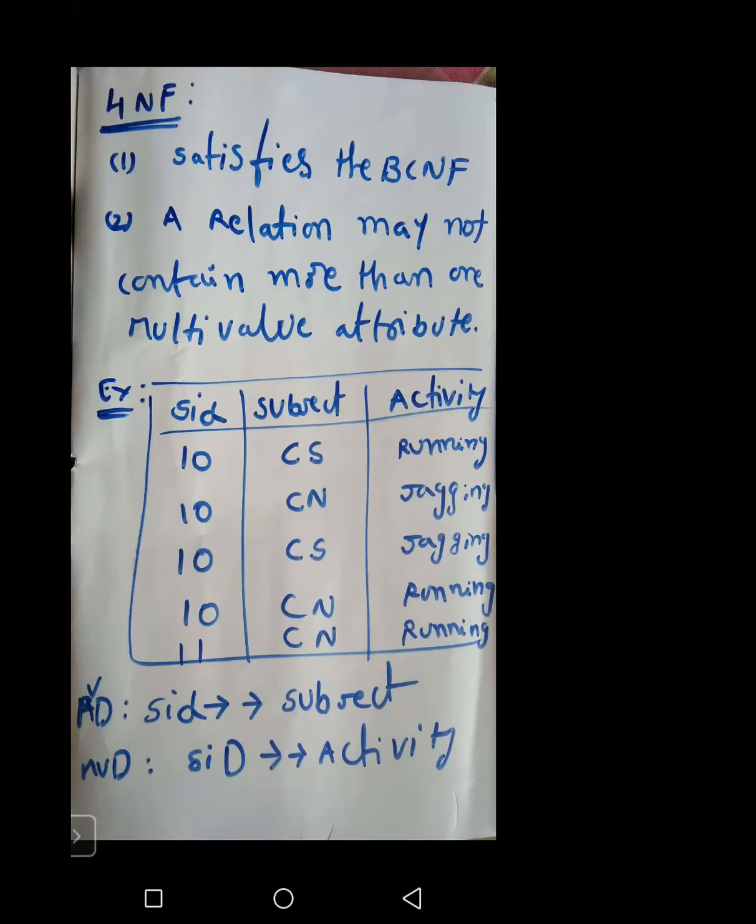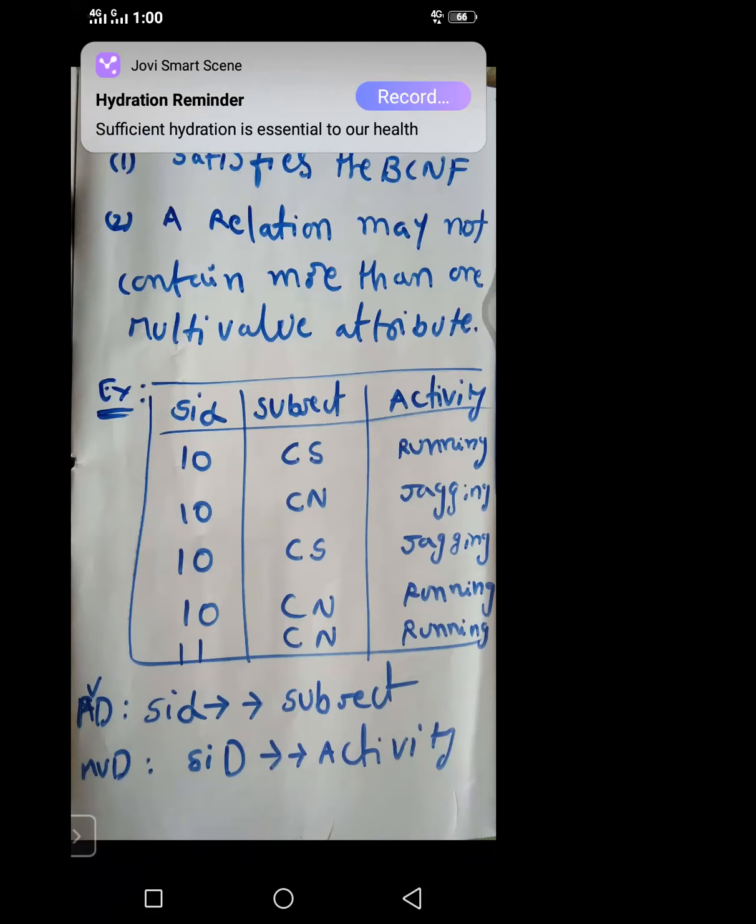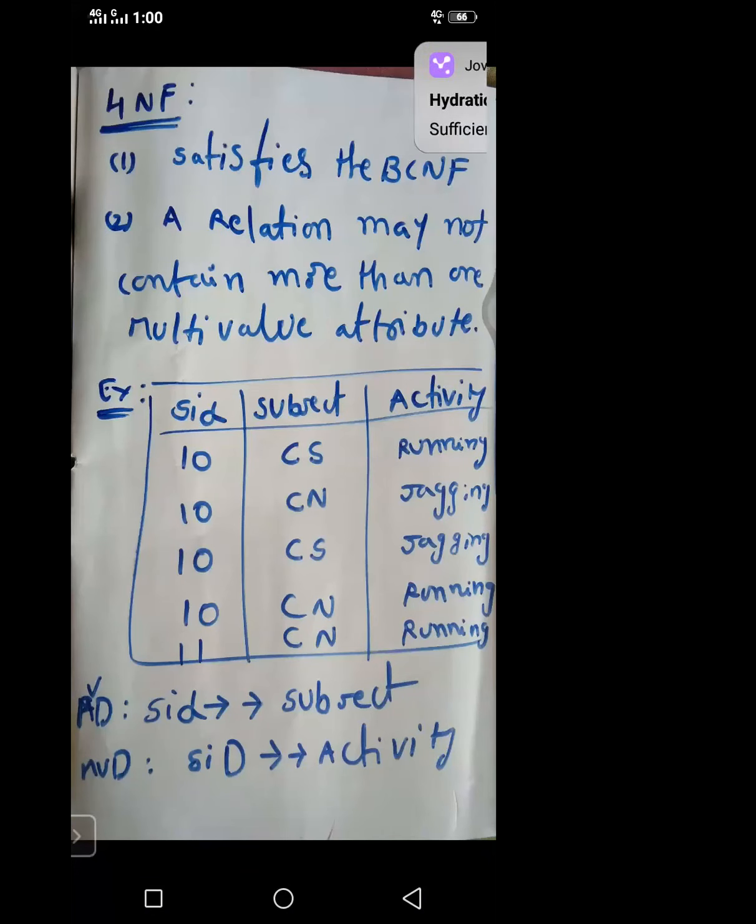So now we are considering another one. If we consider like this, we are not able to uniquely identify the data here. So definitely these three things will be treated as the primary key. Am I right? For example, if you want to display the table, the table name is student. So select star from student where SID equal to 10. Then what's the output? Definitely four tuples will be displayed.